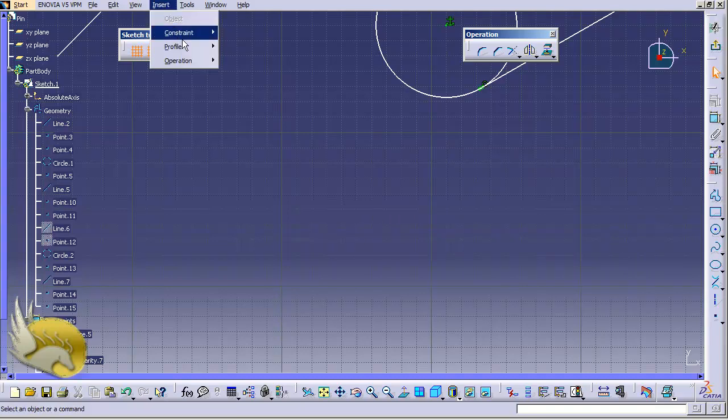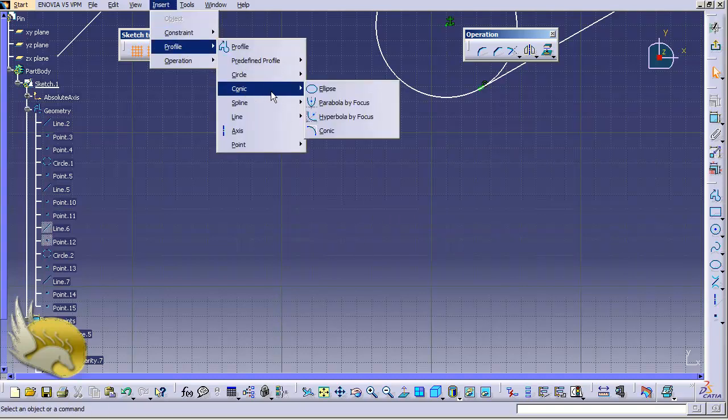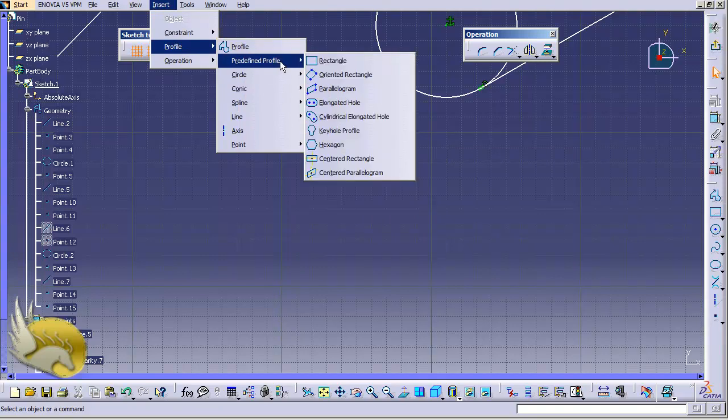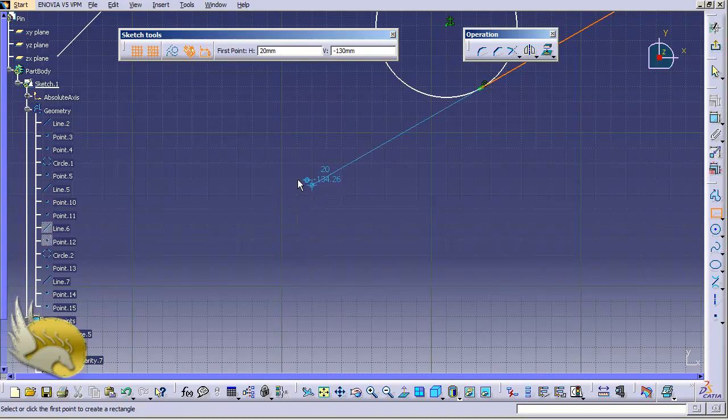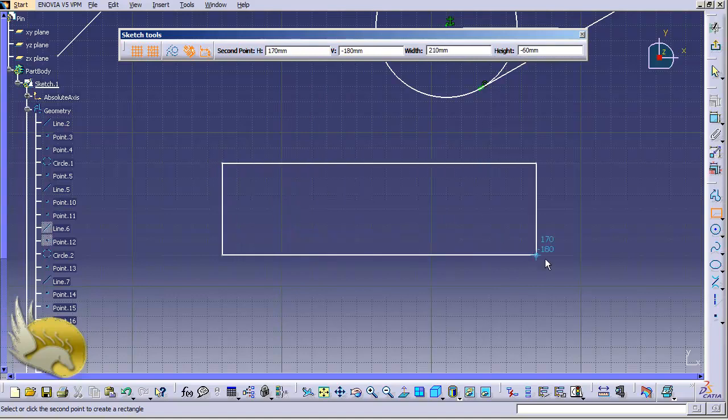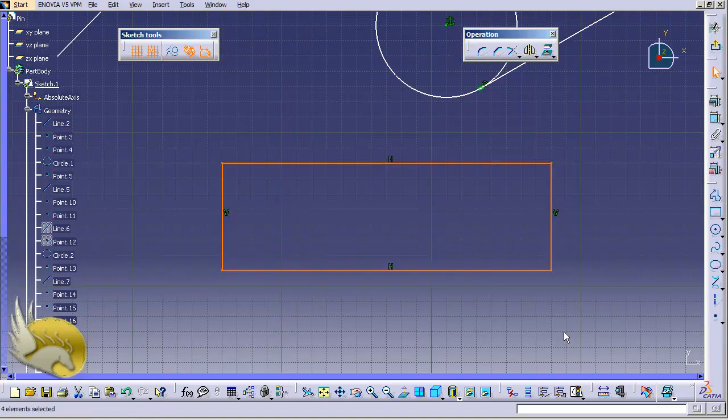A simple rectangle is under Profile and under Predefined Profiles. By clicking on this, you can have a rectangle that is vertically aligned to your environment. You can see that I clicked the first endpoint and now click the second endpoint. The rectangle is there, and because the geometrical constraints are enabled, you can see that Catia tries to add as many constraints as it can apply to my shape. Now you can see that I have some vertical and some horizontal